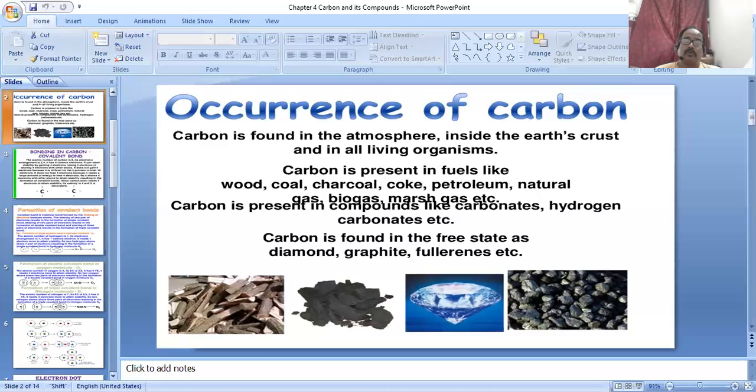So in previous years you also read the definition of valency: the capability or value of an element, the number of electrons it donates or receives to fulfill its outermost shell according to the octet. According to the octet, the outermost shell has 8 electrons, so the element is stable. In this case, carbon represents tetravalency.